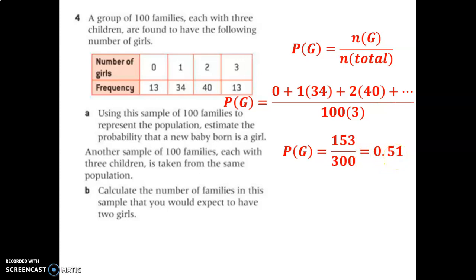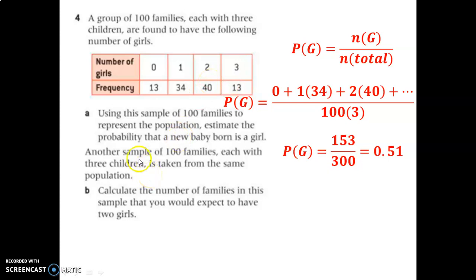We know in general in human populations, male to female births are about 50-50, right? But actually female births are a little higher around the world. We see that in statistics from around the world. So there's 0.51. Okay, so now that we've established our probability using the table we were given, we can answer